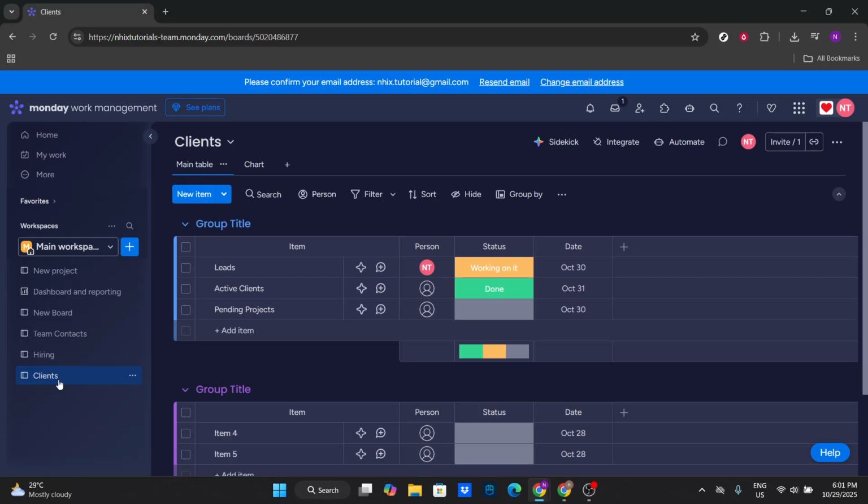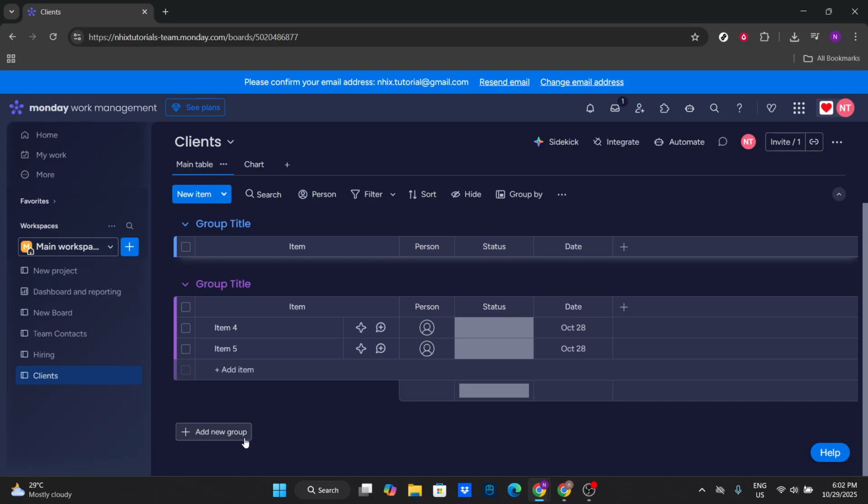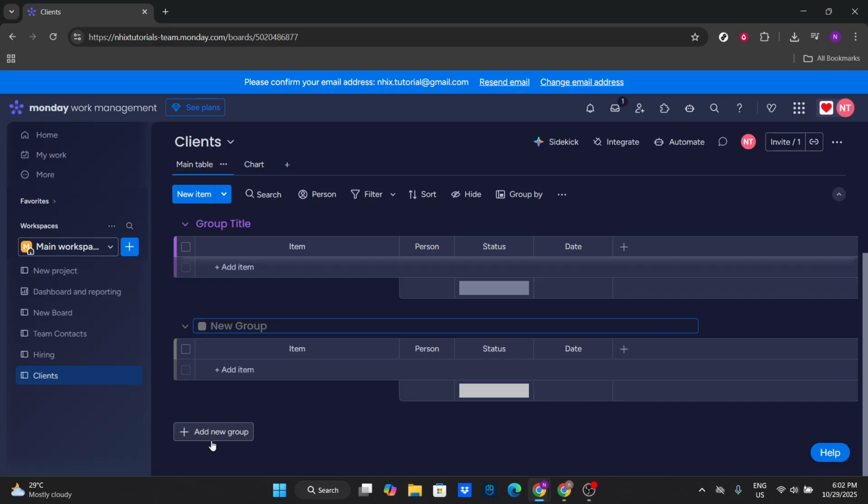The next key setup step is to add a client tracker board. This will involve organizing various groups to reflect the stages of your client relationships and projects. Consider including groups such as leads for those potential clients that you're in the early stages with, and active clients for those you are currently working with. You should also create a group for pending projects where you can track projects